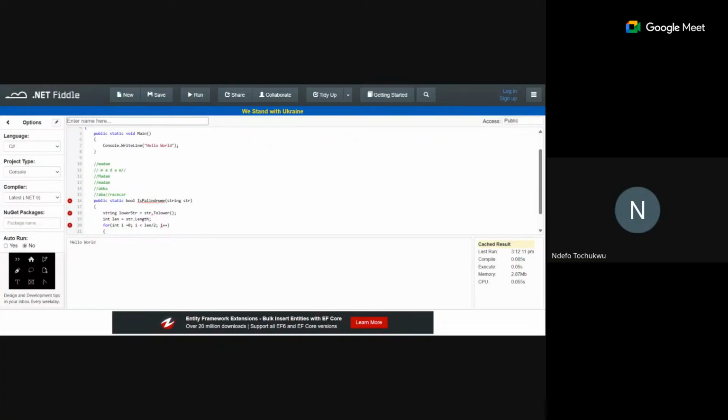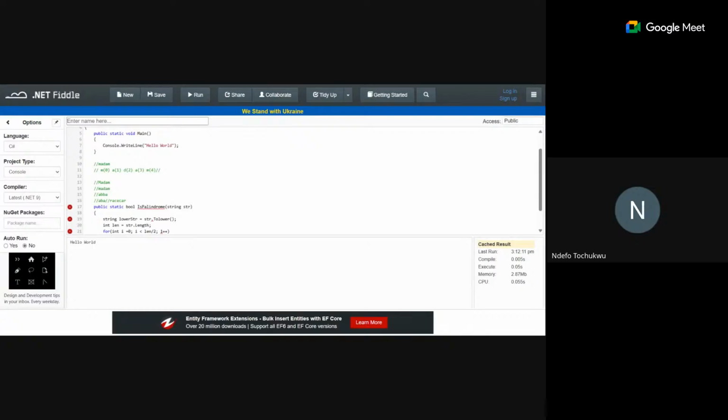So this m will take position 0. The second one takes index 1, this one index 2, this one index 3, and the last one index 4. Like I said, C# as a language, and most languages, are 0-based index. So if I'm saying length over 2, we have 0, 1, 2, 3, 4. If I divide it by 2, I'm comparing 0, 1, 3, and 4. So I'm trying to compare if